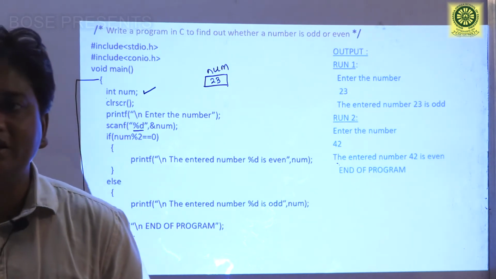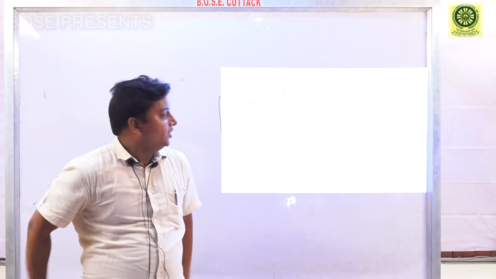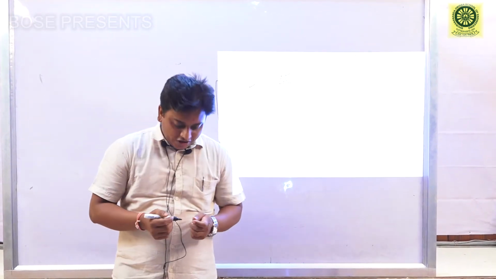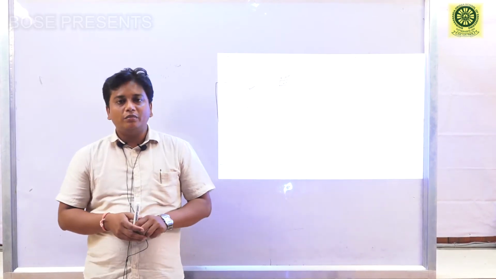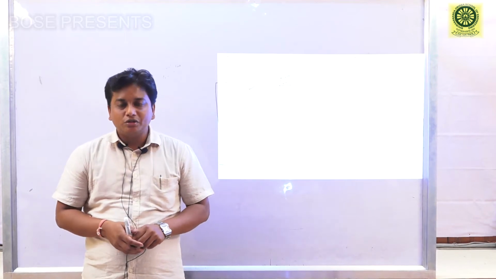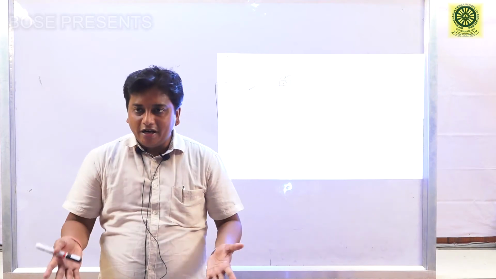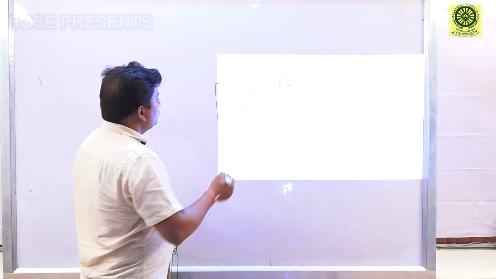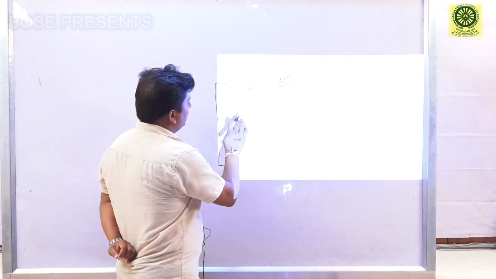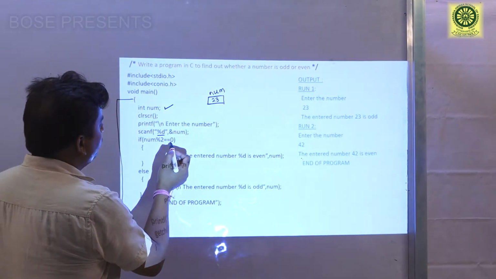Generally the if condition is bidirectional, meaning either it is true or it may be false. Let's check. Okay, to check whether a number is even or odd, the formula is whether the number is divisible by 2. That means whenever we divide a number by 2 and our remainder is 0 and the quotient is in integer form, then that particular number can be considered an even number. So to check an even number, there is a modulus operator in C, and here I have written if num mod 2 equal to 0.